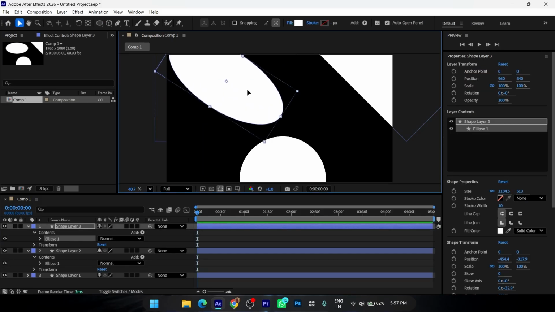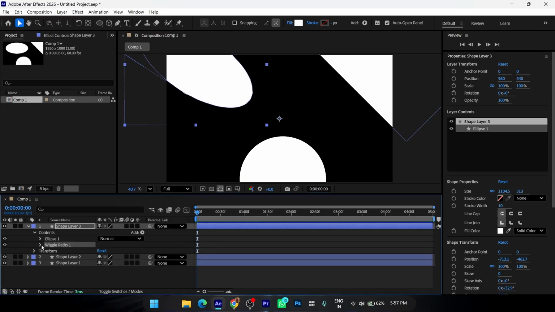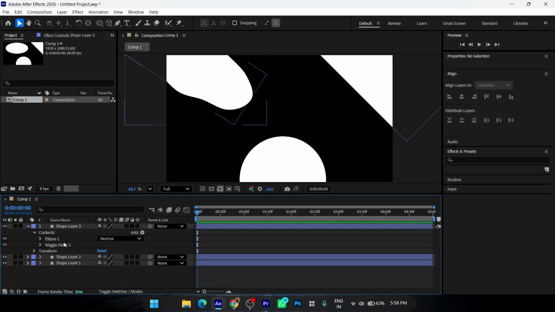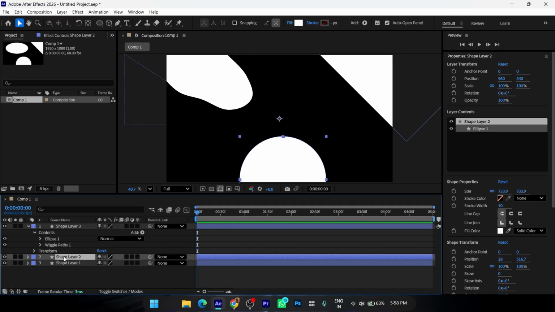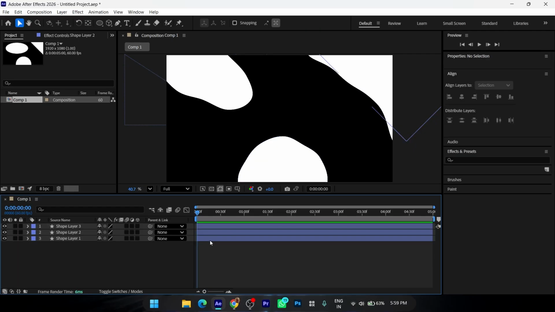Now, for some quick animation right off the bat, we can use the Wiggle Paths property inside the shape layer. This is a very simple effect, as you only need to increase the size, lower the detail, set the points to smooth, and maybe use a low wiggles per second. And this can also be copied and pasted to your other shape layers as well to create that million-dollar